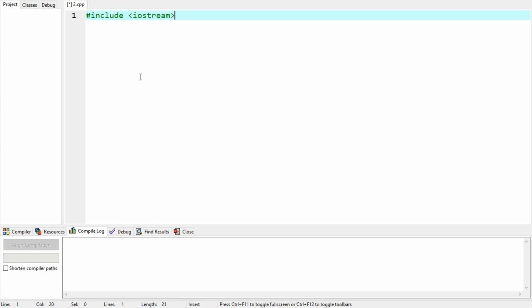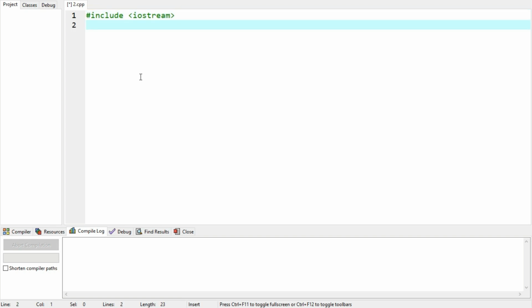So that's why the preprocessor is so important, because before actual compilation starts, it is giving instruction to the compiler that it must include header files. Next,